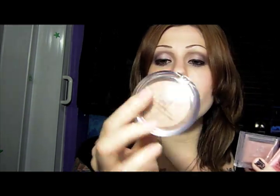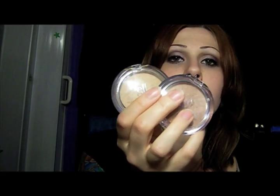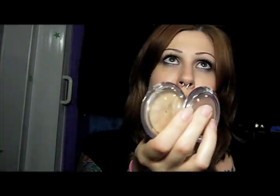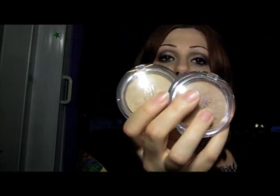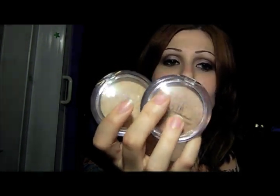The last couple of e.l.f. products I have here are $1 a piece. All the things I'm about to hold up. So this is the e.l.f., what are these called? Healthy Glow Bronzing Powders. I have one here in Warm Tan and one in Luminance. I use the one on this side, which is my right, but probably your left, assuming it'll be flipped because of the camera. This one here I use as a highlight, and this one I used to use for contouring,